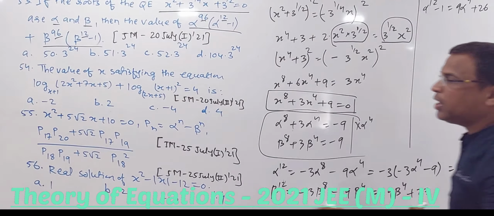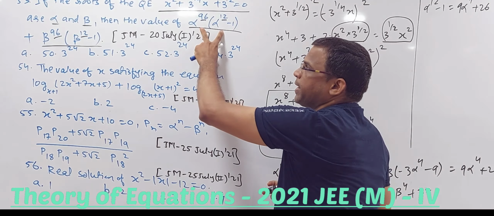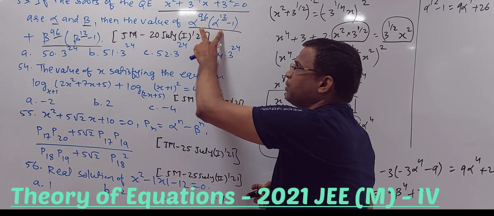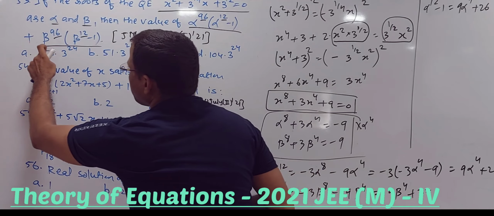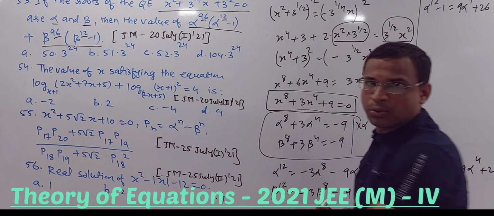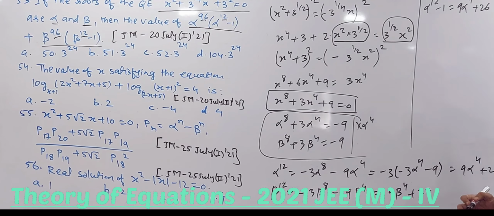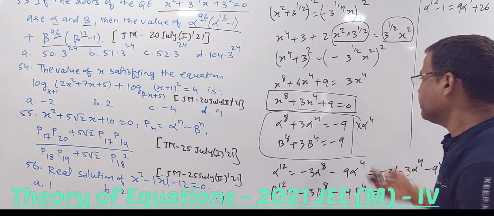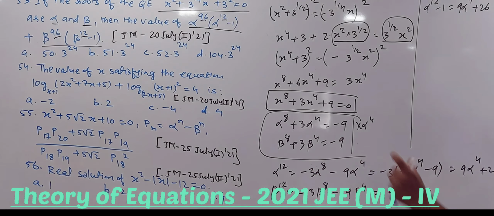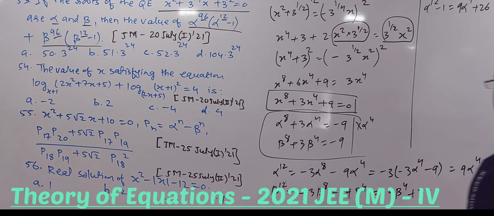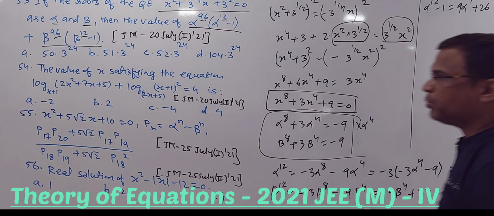Second way. Third way is we can just multiply it. It will become alpha power 108 plus beta power 108, and accordingly we can get the answer. So it's up to you the way you want to follow. Fine. So I hope this is fine. We have already done similar kind of questions so many times earlier, so I don't want to waste much time on that. Once you get that, you can solve it, you will get your answer.